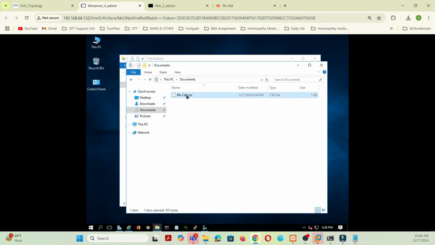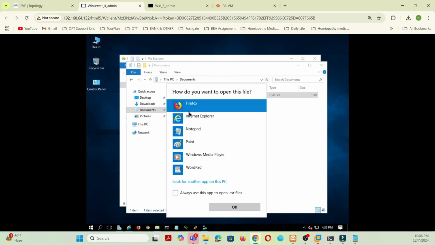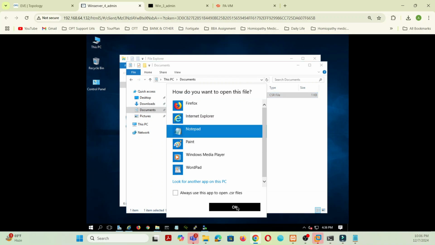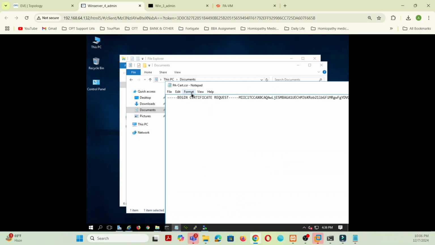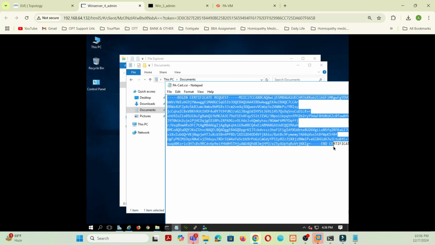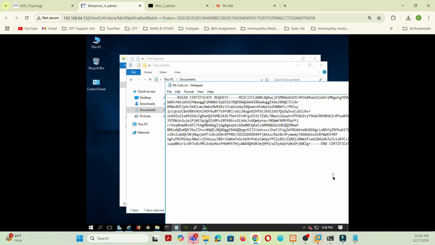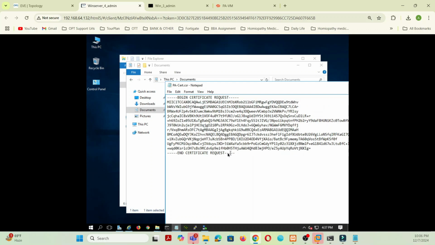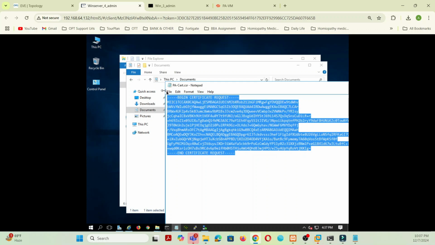Okay, now double click here, notepad, and then going to the WhatsApp, copy this, and change that. I think that it should be better. Now copy and go to the